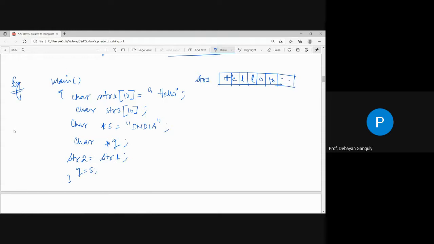What I have written, char *s equals "India", that means if this is INDIA and its base address is 100, then s is pointing to this base address. That is the meaning of this. So this is char *q, another pointer. What I have written, str2 equals str1. That means str1,